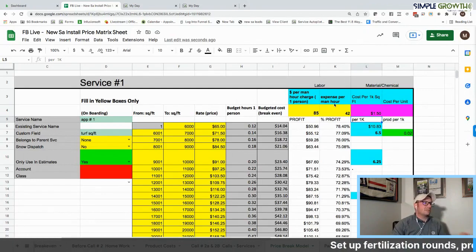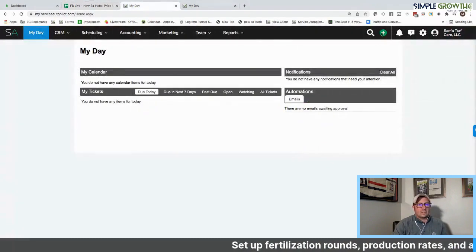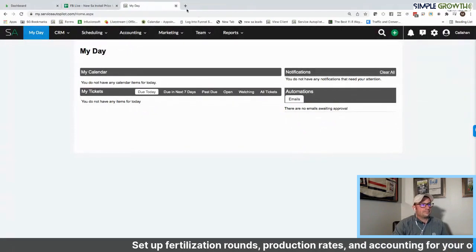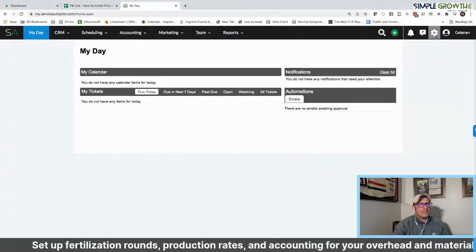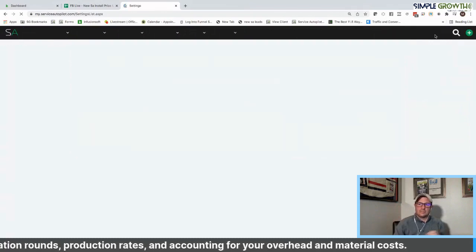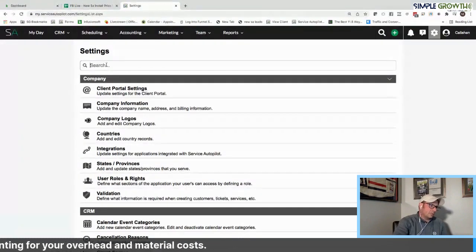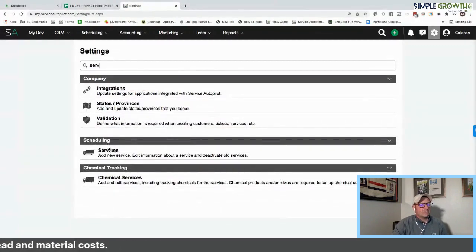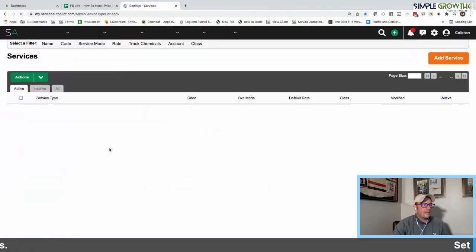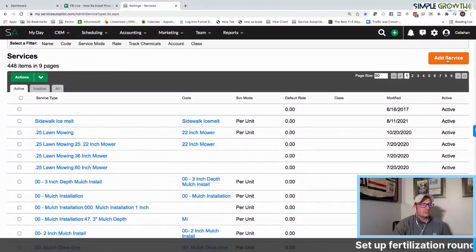So the next step is to go into Service Autopilot, and we're going to go into the gear icon. So we need to build all the services and then pull them into a package. So I'll show you briefly how that works, and then roll with that. So we're going to go into services. We're going to add a service,